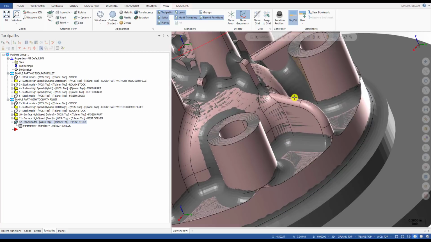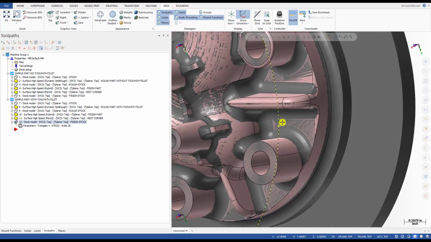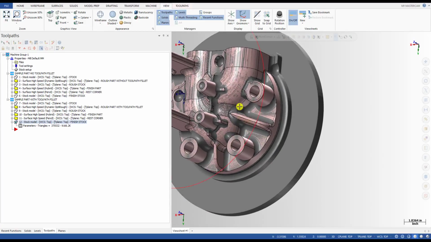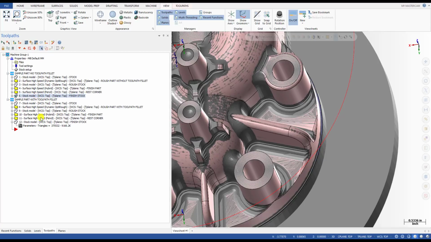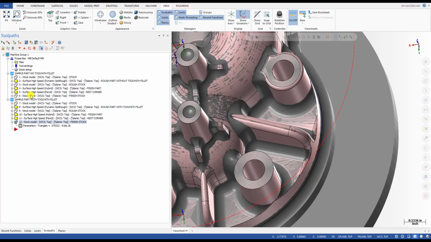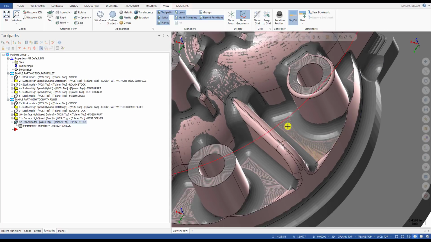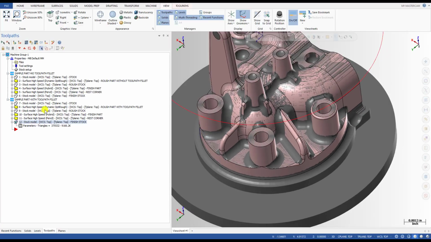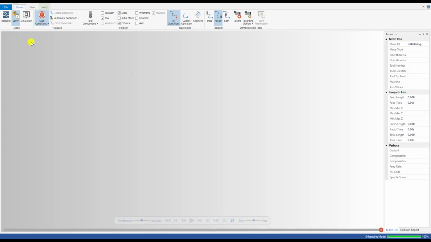But let's take a look at all of the fillets here. They are totally clean and no mark from the rough tool, and you can see the difference from here to here. Yeah, you can see very clearly, and this is much nicer and much better. You can see that, and we try to run the simulation. Okay,